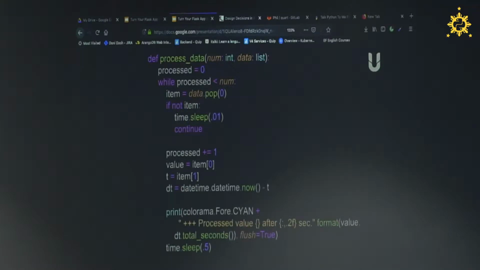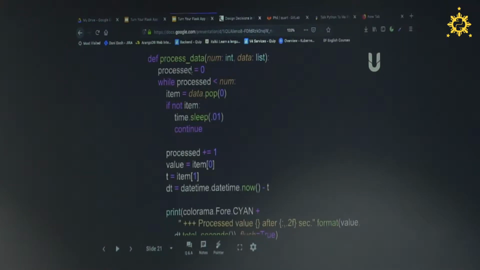We need it for how long it takes to process the data, and then we print it. And to simulate the database call from our previous example, we just use time.sleep and pick a random number from 0 to 1 and process it with 0.5 seconds. This is the process data function.